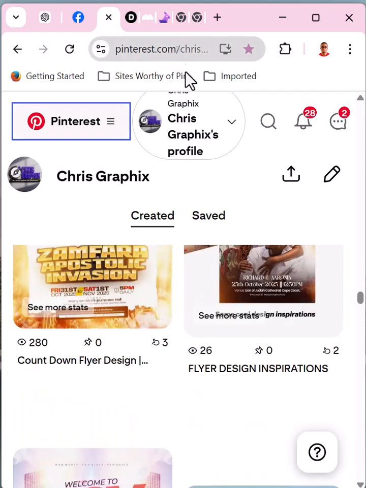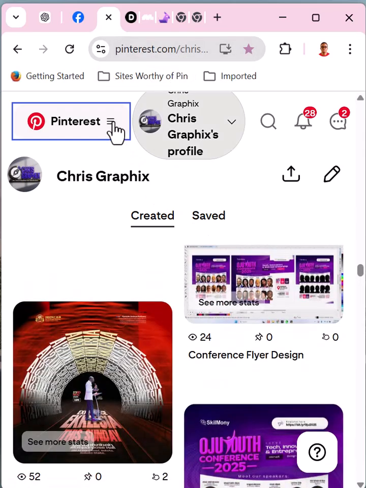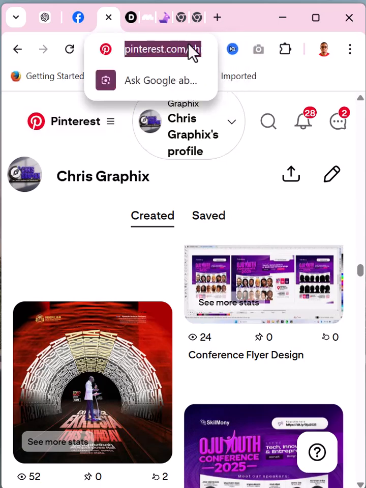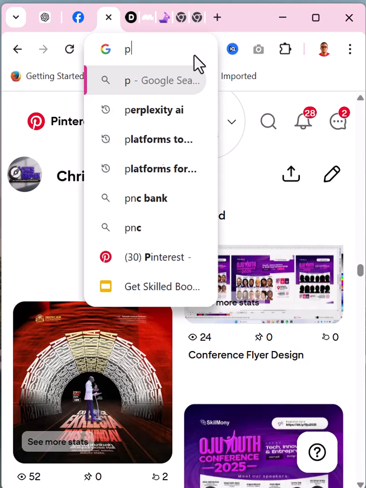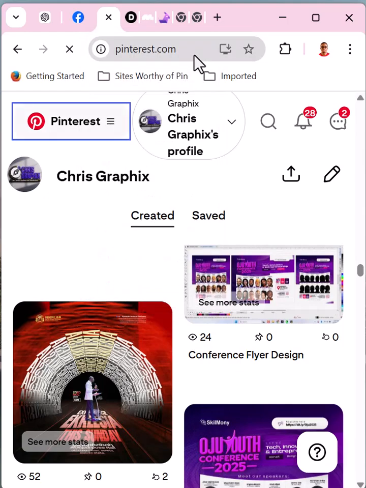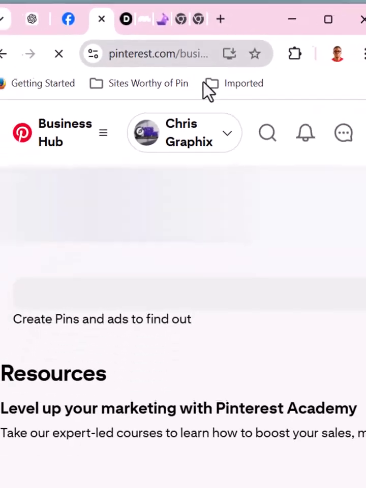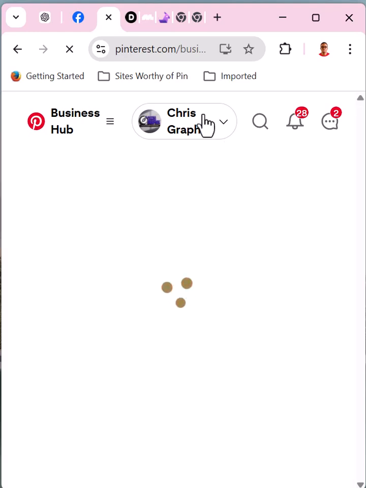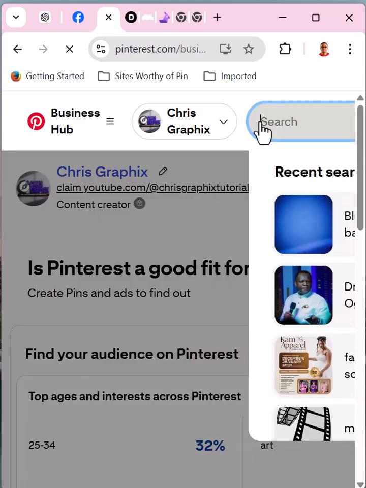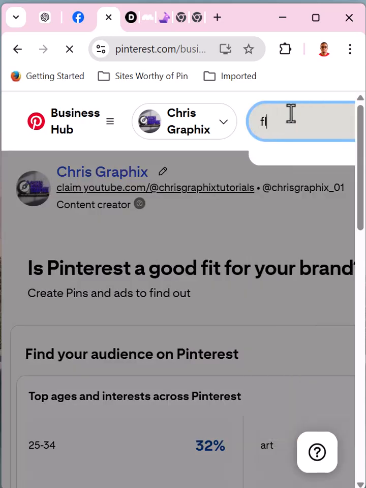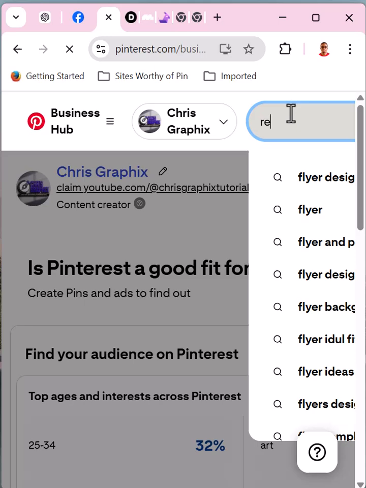So Pinterest.com is one of the sites. Let me just go to the site itself. I have some notifications here, so you can search. If I search for, let's say, flyer designs, let's say real estate